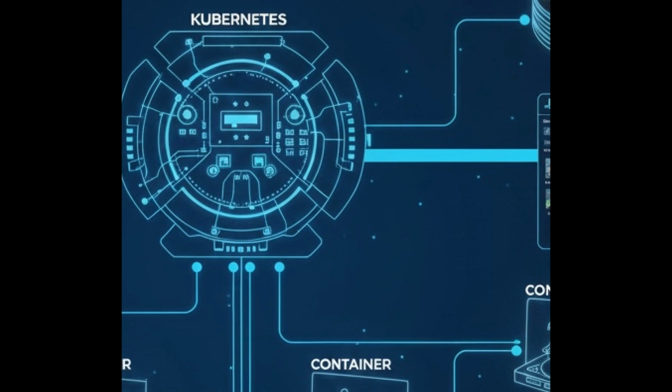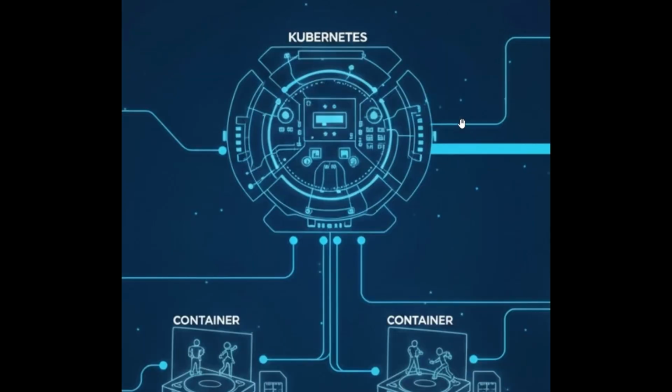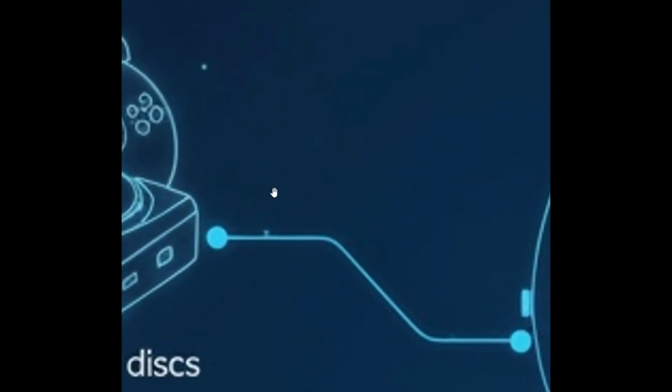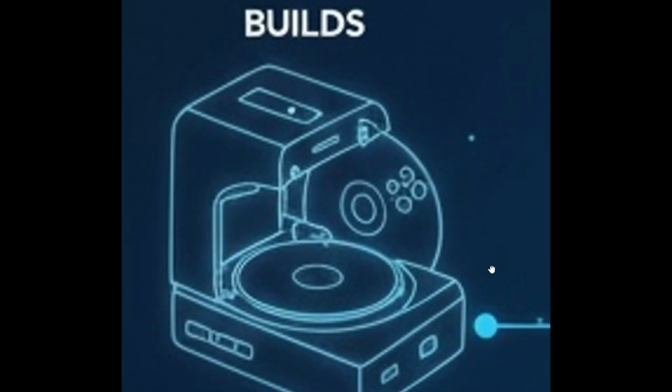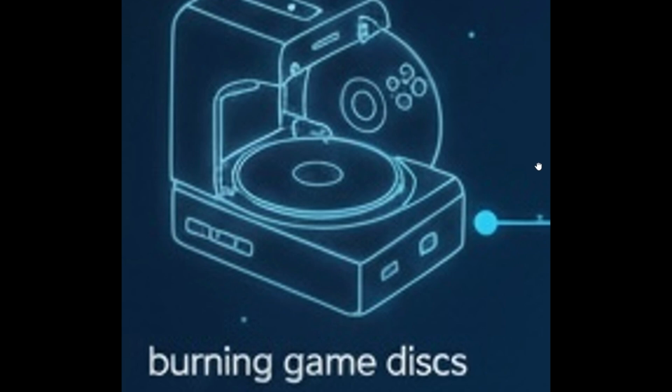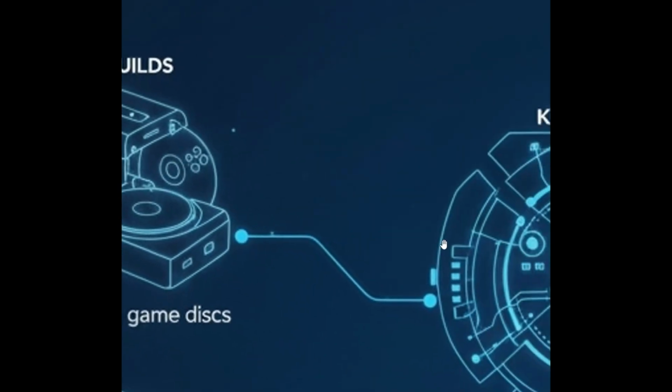It makes sure the image is safe and reliable. On the left side, we have builds. Explanation: in tech, builds refer to the process of taking source code and compiling, packaging it into a deployable artifact, such as a Docker image, our game disk. Gaming example: if you wanted to build your own game,